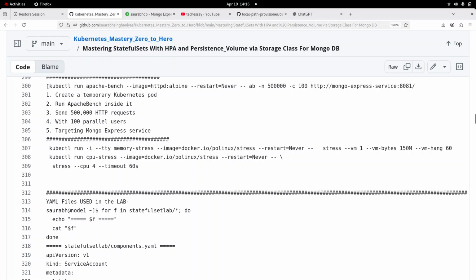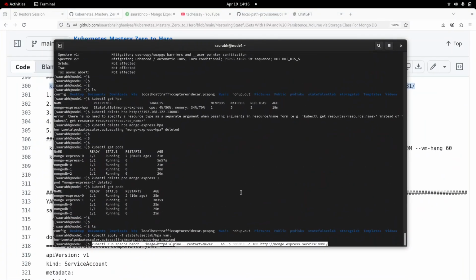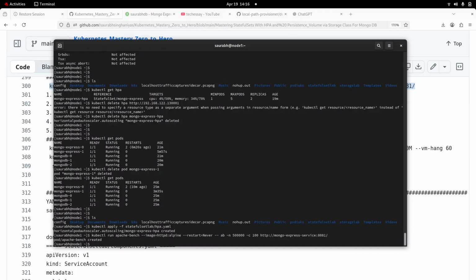So here I will basically use the Apache Benchmarking tool to increase the load. What does it basically do? It creates a temporary Kubernetes pod that is Apache Bench. For the image here we will use the httpd image, and we'll send 50,000 HTTP requests to this URL with 100 parallel users. So let's come here and paste this